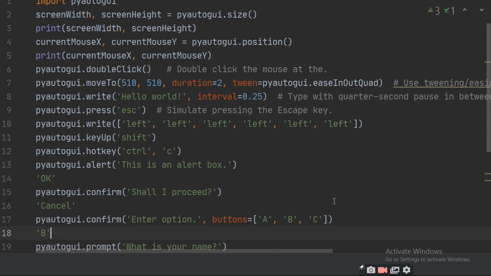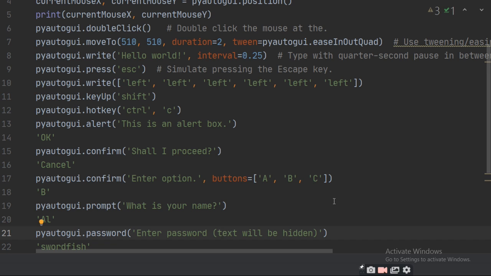Then pyautogui.prompt, What is your name? Whatever your name is, you can type there. And for pyautogui.password, enter password, the text will be hidden, you can't see the password there.